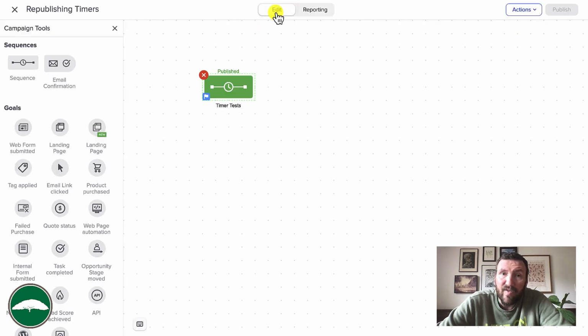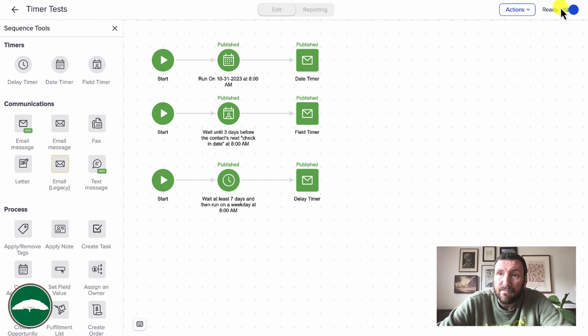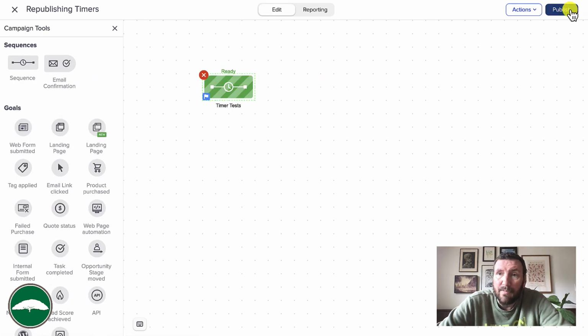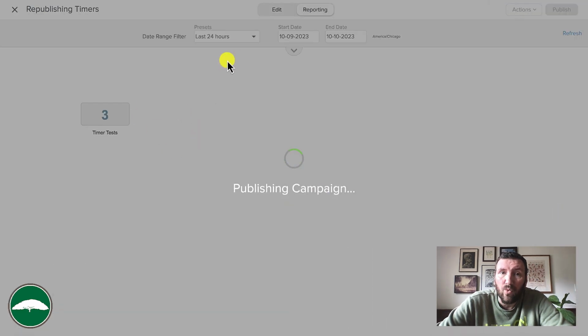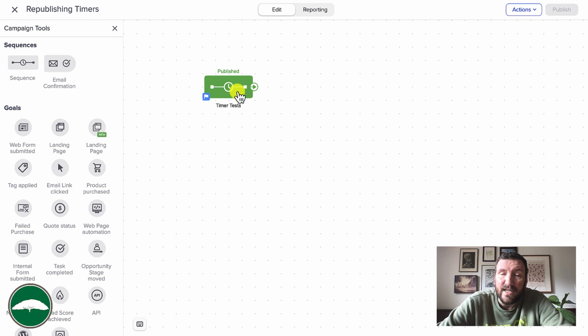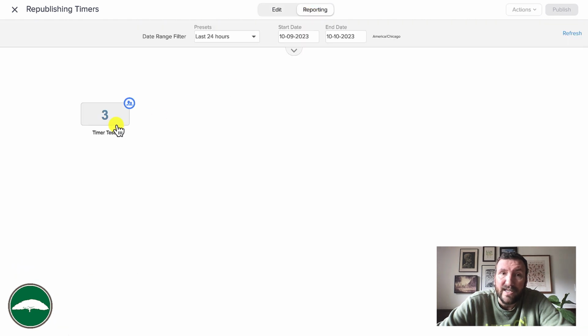However, if I republish this campaign, so just make some sort of change, and then I republish here. When it republishes, it recalculates. By the way, that says 3 because Zach has been in here twice. But if we go to current, you'll see there's still only 2. So when you republish a campaign, it reschedules the steps in that sequence based on the current information for those